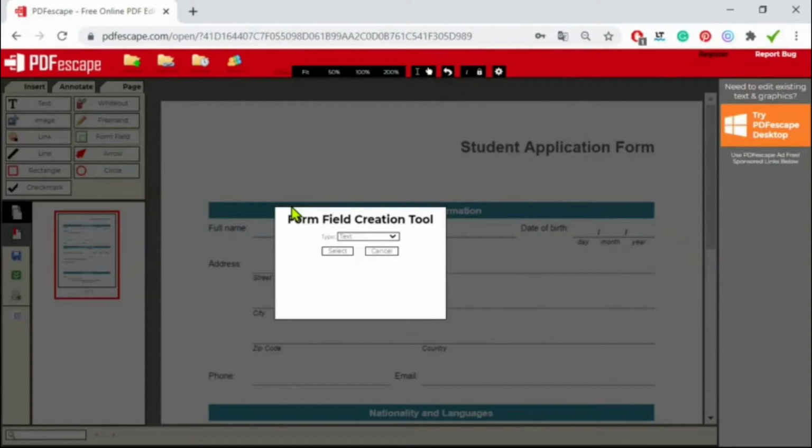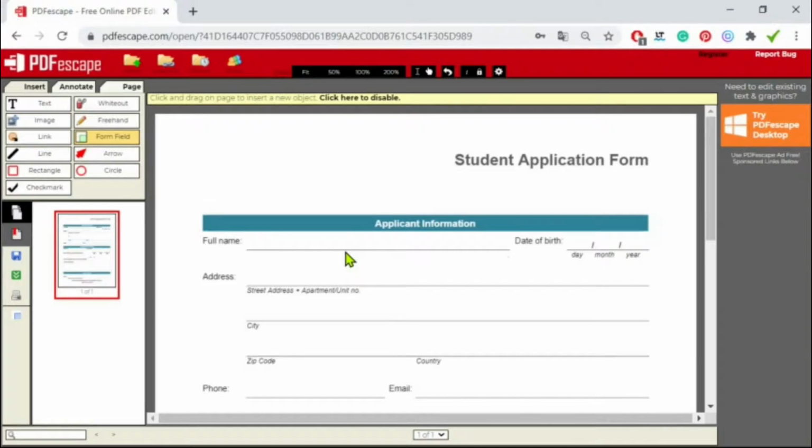And since I want a text field, I'll just leave the default option. Do you see it? We have all of these, but I will keep this one because it's the one I want, and hit select. Once you hit select, you can click on the spot where you want your box to begin and just drag. Notice that this form field here on the left is still highlighted. So whenever you click outside your first green box, you will be adding new text boxes.